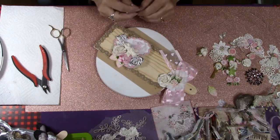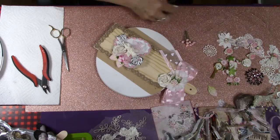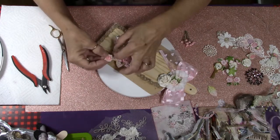And I know everybody loves when I use them in my pieces. So, all right. So now I'm gonna